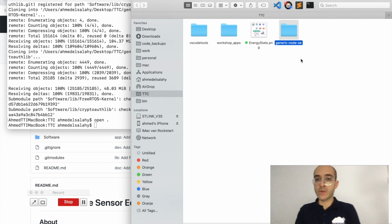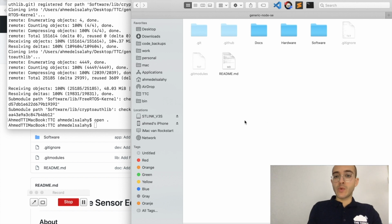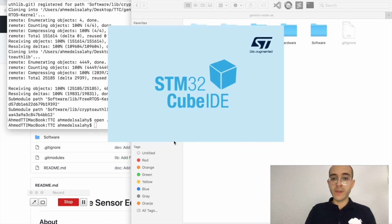So you will find the generic node sensor edition here, and the folder is similar to how we navigated on the GitHub website. So right now, it's a good idea to see how to start with that folder and basically jumping into the available tools. So we have a lot of tools that can be used and a lot of flexibility. So the straightforward tool is the STM32CubeIDE. This is an integrated development environment that is based on Eclipse, and you can easily download it. You will find all the links in the documentation portal. But if I open that application right now,